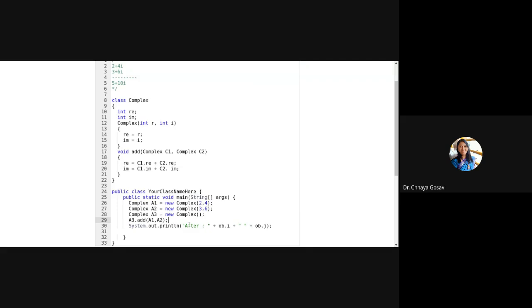And then I have to print the result. Result is A3 dot real.